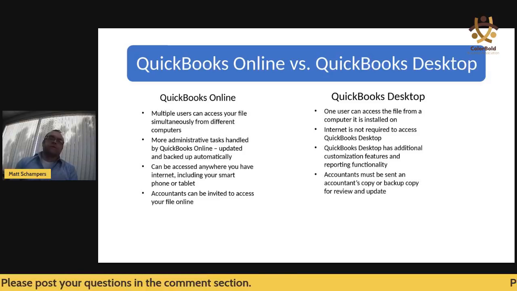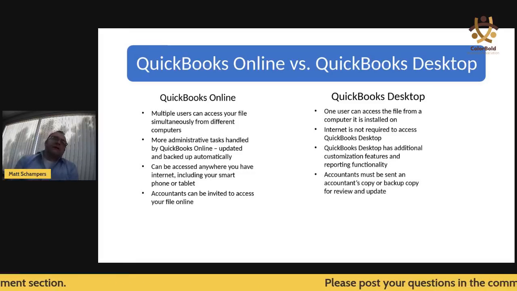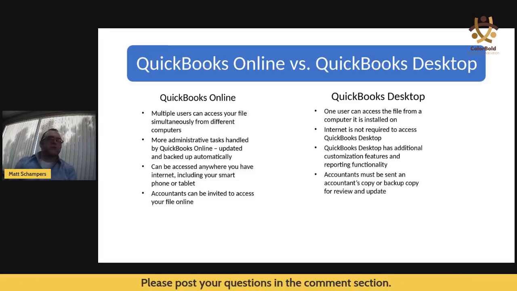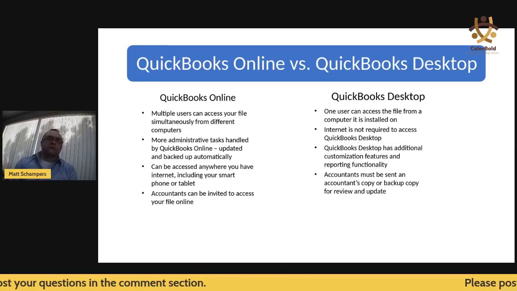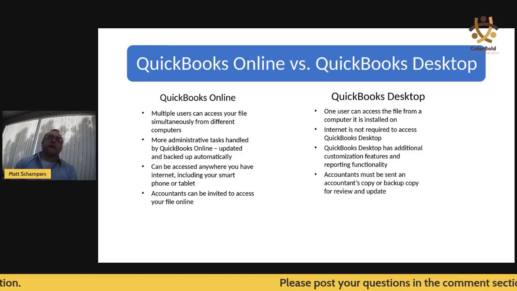They do have apps, so your smartphone or your tablet. I haven't used those a lot, just because when you're doing accountant type tasks, that screen wouldn't necessarily be sufficient. But I do have some clients where that's the only thing they use. They use it for billing, paying their bills, doing their payroll. They do everything on their phone and they love it and it works well.